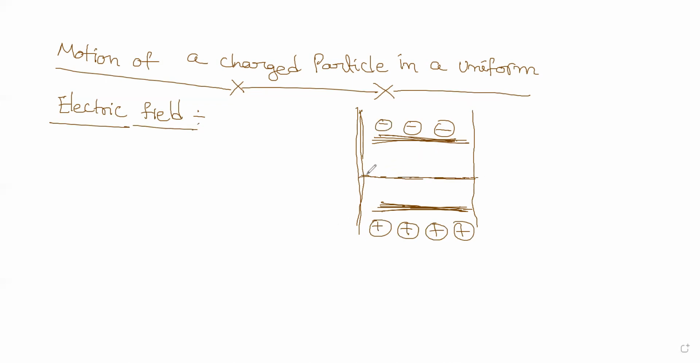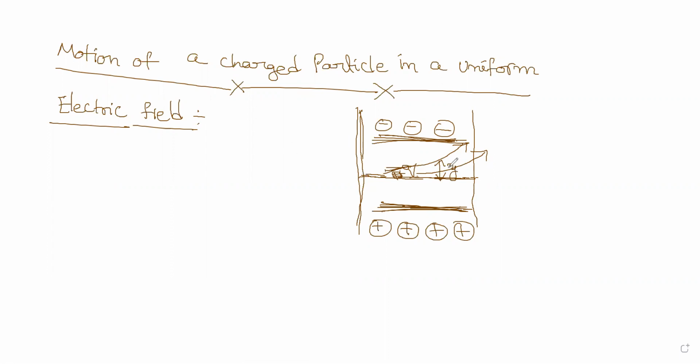Now assume that there is a positively charged particle which is left at this place, and it is trying to move like this. This positive charge, let us say plus q, will get deflected like this. Why? Because positive charge is attracted by the negative charge. The deflection depends upon the amount of charge, because it's a Coulombic attraction. We assume the amount of deflection as y.